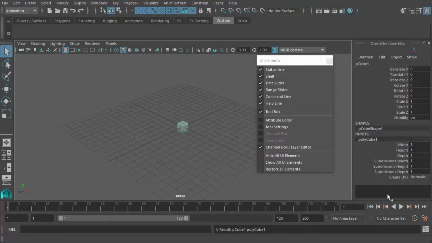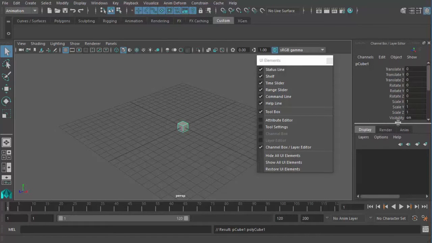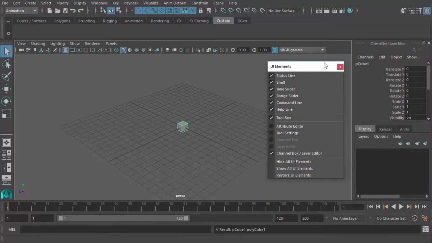Now below the channel box, we have our layer editor. We've got three kinds of layer editors. One is for display layers, the other one is for render layers, and for animation layers. So for example, if you have a scenery where you've got a lot of background elements like mountains and clouds and stuff, you can put all of them into one layer. And if you have a river or small trees that are in one place, you can put all of them into a separate layer so that we can hide them and show them, which makes the process of working with our scene easier. I hope this gives you a little understanding of the user interface elements of Maya,